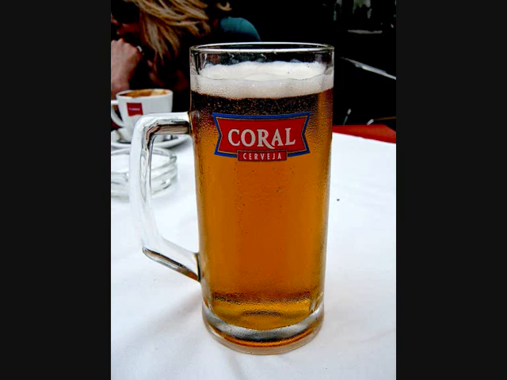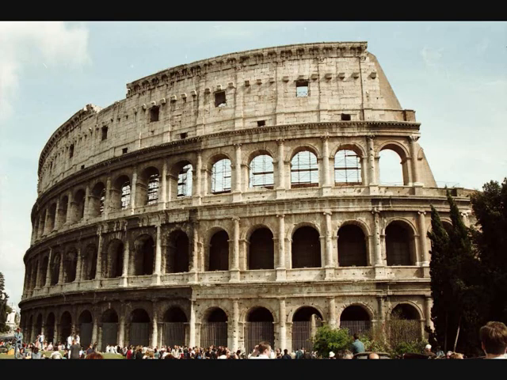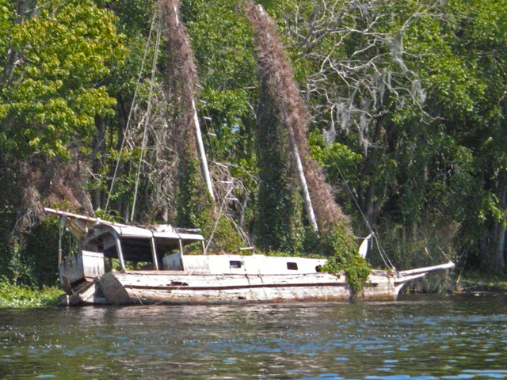about our journey." So they went off on their journey, and they saw many wonderful sights, such as the Colosseum in Italy. It was such a beautiful monument and building that they decided to keep on going. They passed rivers with old abandoned boats. This boat is covered in growth of plants and trees, and this boat was not suitable for their journey.